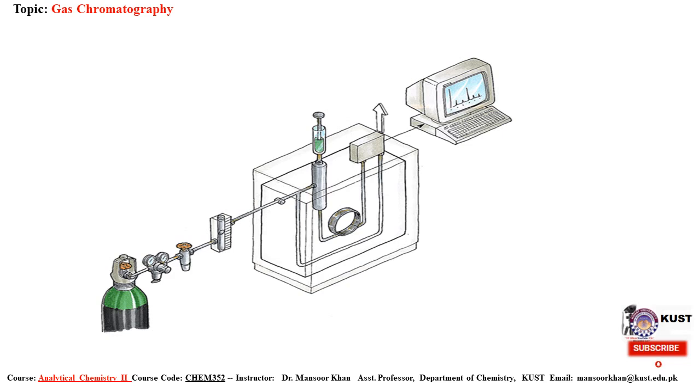This chromatography is basically used for the separation of volatile components of the sample. If the sample is volatile, then there is no need of high temperature. But if the sample is non-volatile, then high temperature is provided by the oven, where the non-volatile substance is converted into its volatile form. Then the carrier gas comes and carries the various components of the sample to the column where separation of the various components takes place.